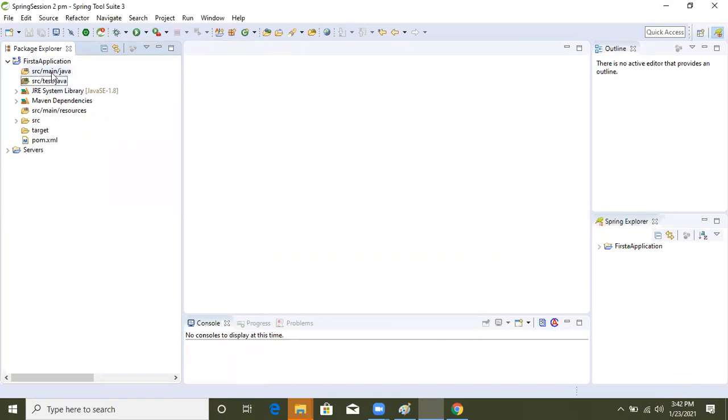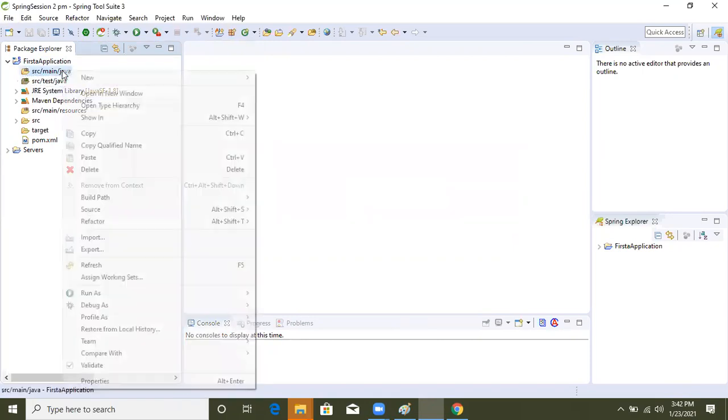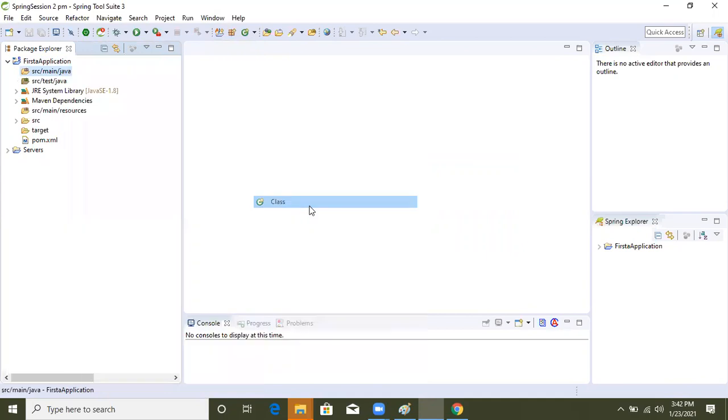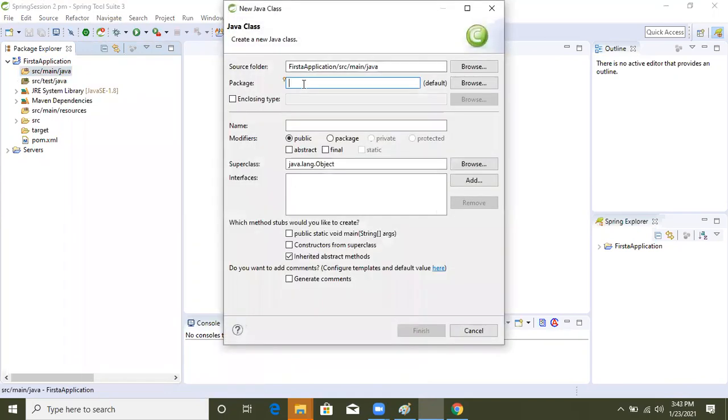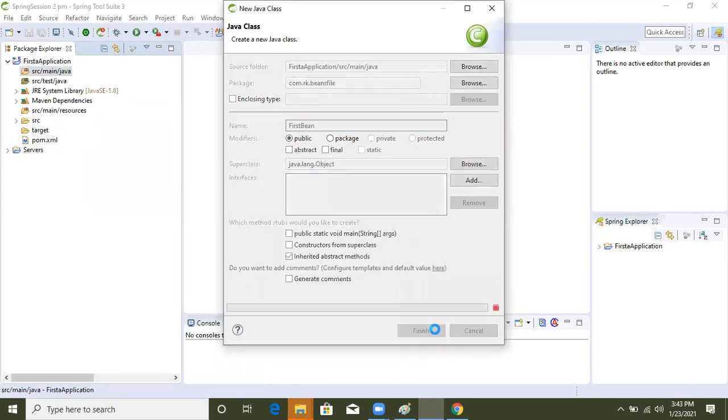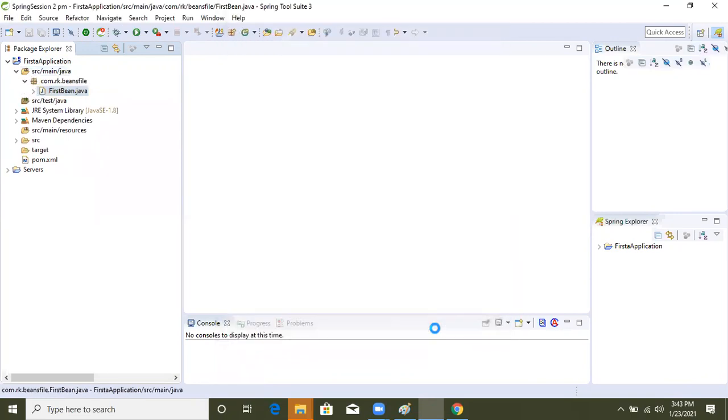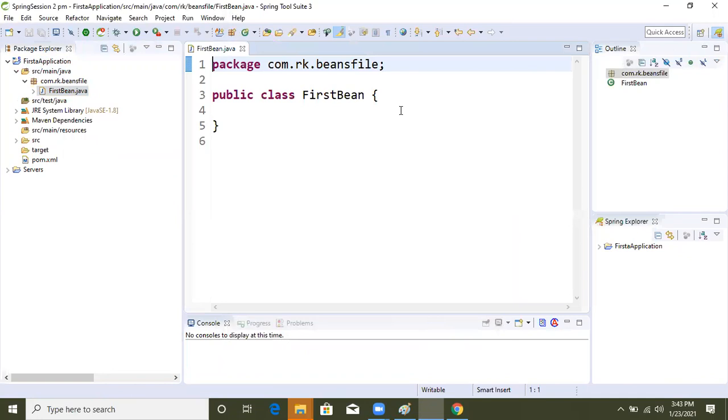Right-click on src main java, go inside that and select class. Here you will take com.rk.beans, the beans package. Now the first bean, I'm writing it now.